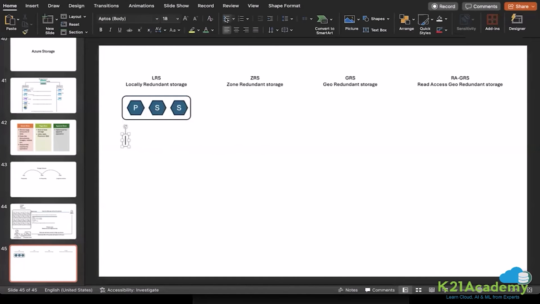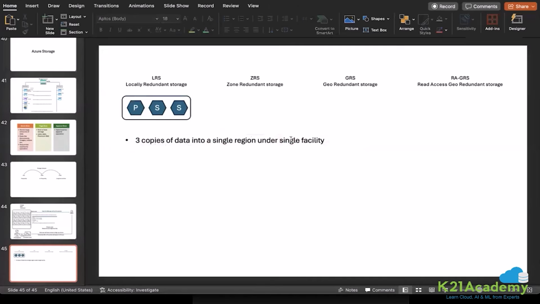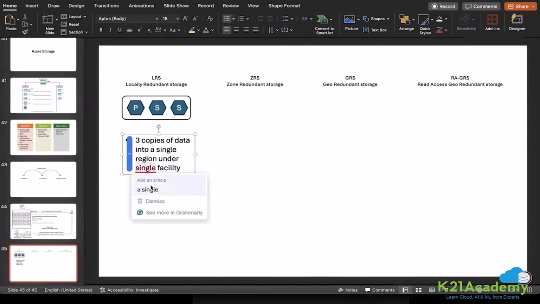So if I consider LRS, it provides you 3 copies of data in a single region under a single facility. The facility is more about your cloud data center, where Microsoft is providing that data center, and under that data center,